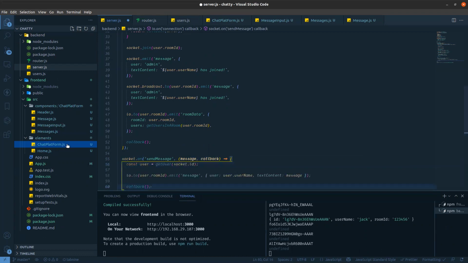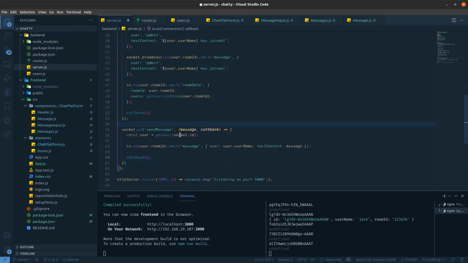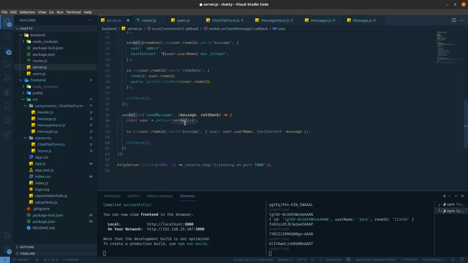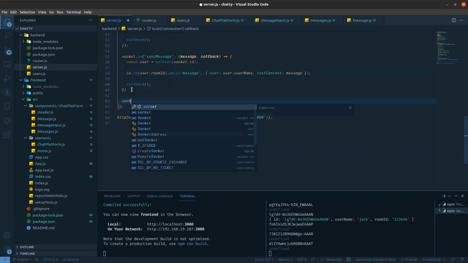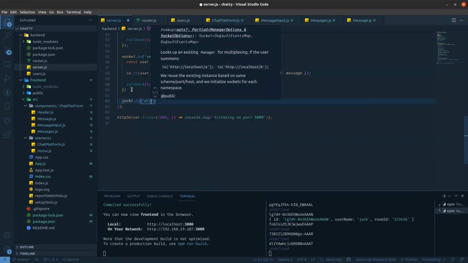I already get that user from socket with ID, socket.id. Then io.to the room ID with the message, and the user will be user.username, based on what message is sending, and then callback. Okay. Another is when someone is trying to disconnect. So socket on disconnect. Disconnect is actually a predefined event.